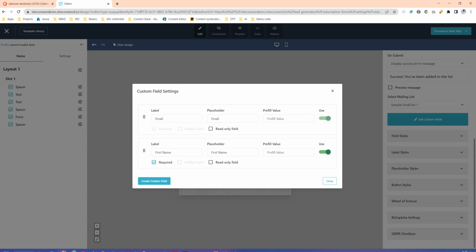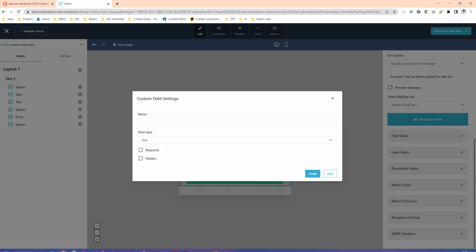You can either make it required, read only field or not. You can't put a regex, for example. What if it was a number field? Let's try that next. Custom field,